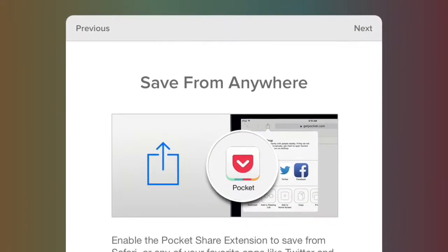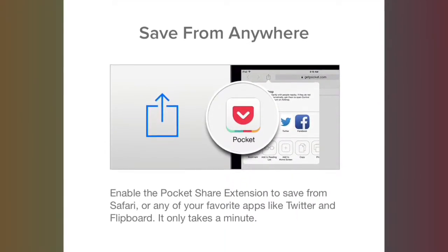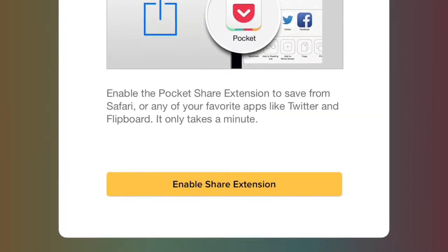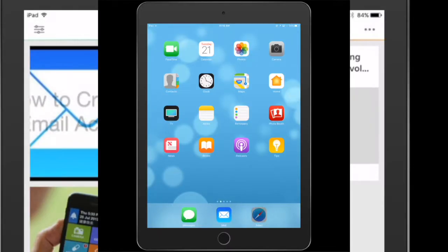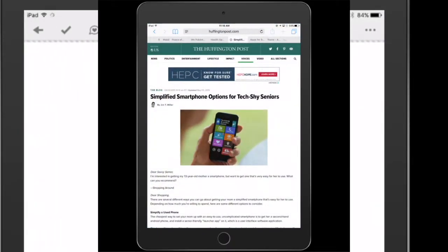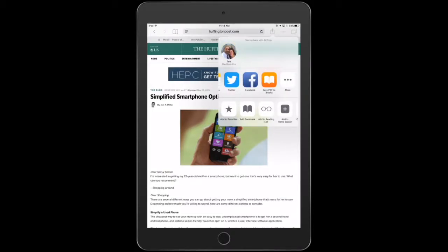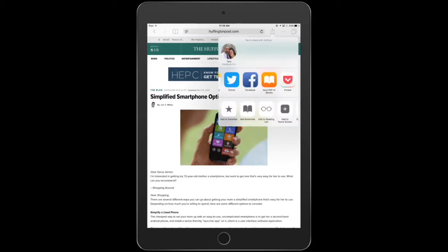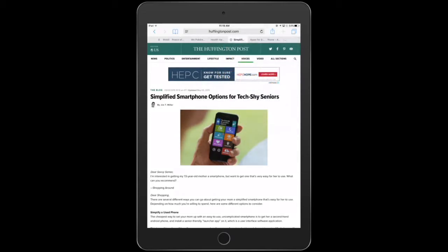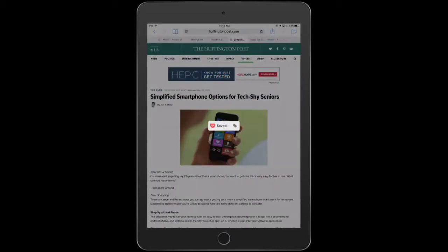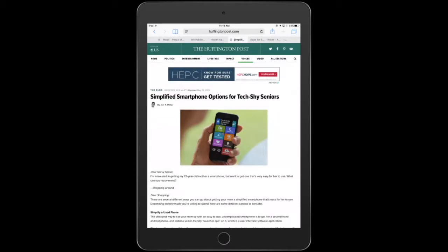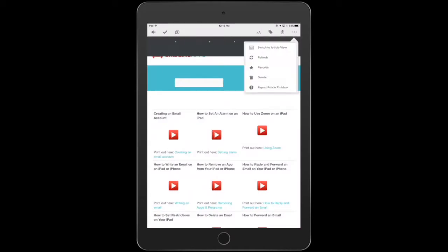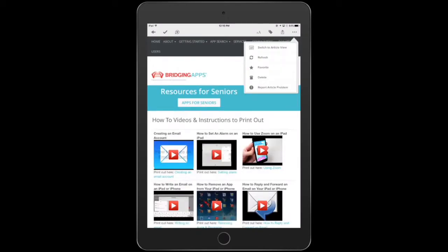The guide will walk you through it if you click on the Enable Share extension from the welcome screen at the beginning. But in case you need to go through it for the first time, you're going to click on Safari, which is your web browser, and then you'll search and look for the web page that you like, and then when you're ready to save it, you are going to enable the Pocket extension by going to the top right hand corner of your screen. Next to the web address, there's a rectangle with the arrow going up. You're going to click on that